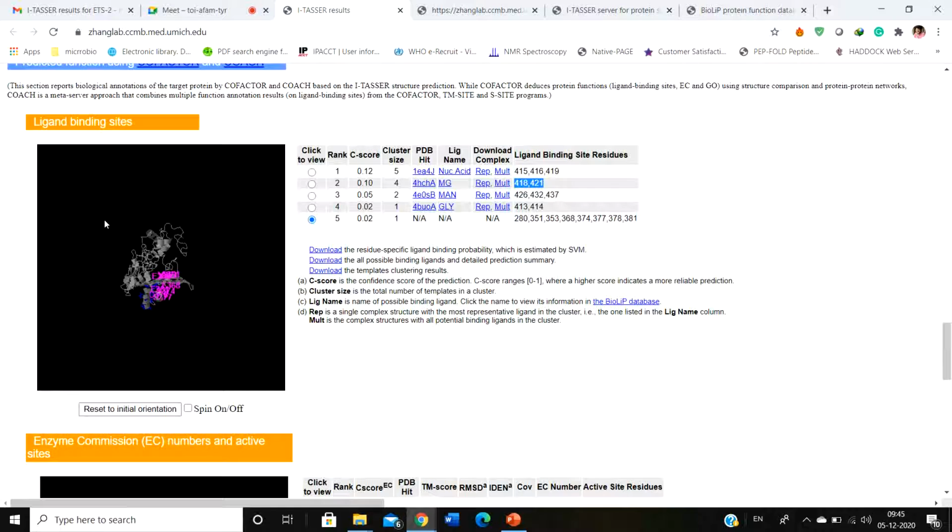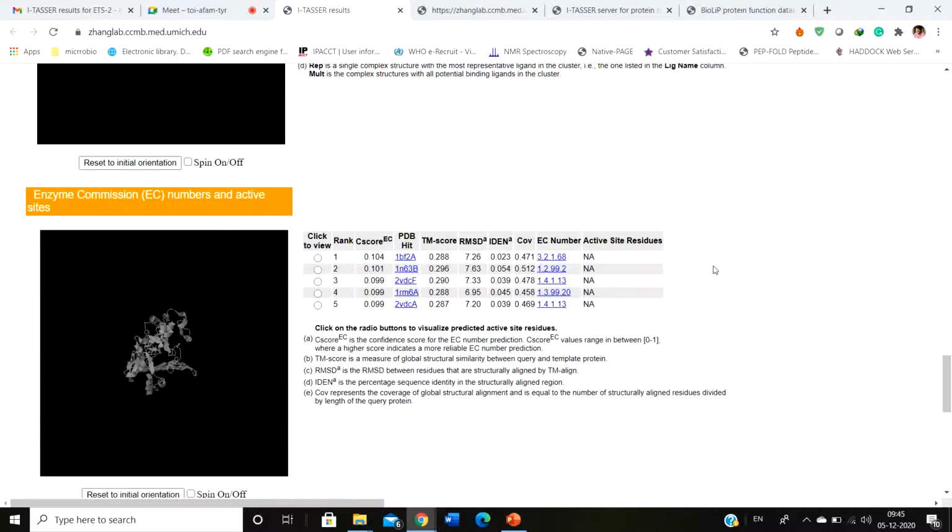If your model structure has a different ligand binding site, but it performs the same function as that older protein, that means the model that you have created is the wrong one. Because if two proteins catalyze the same reaction, they are going to have a similar kind of ligand binding site. So for a protein it becomes much easier to check the quality of your predicted model just by taking a look at the ligand binding site.